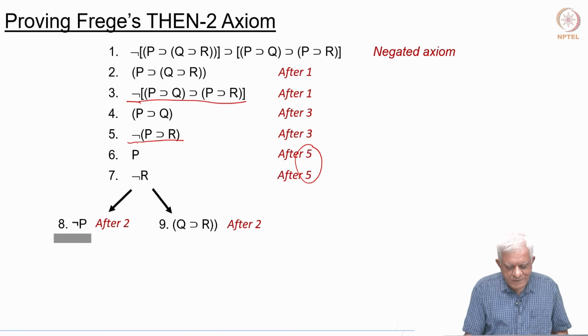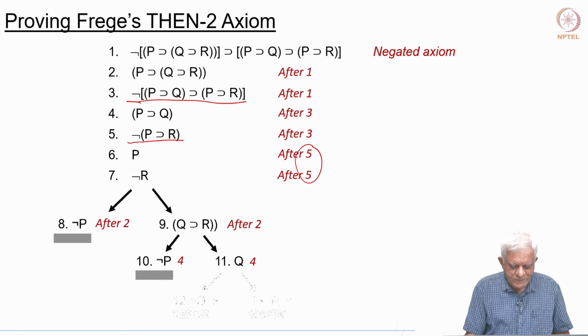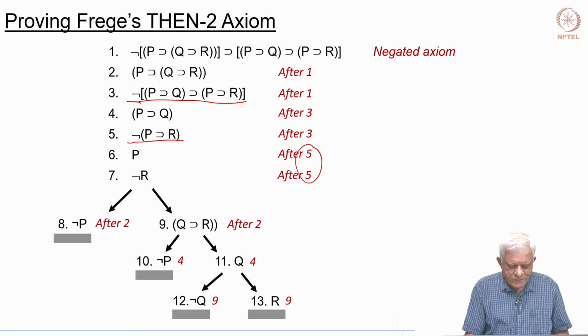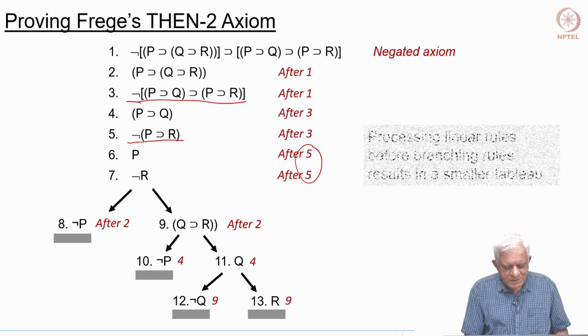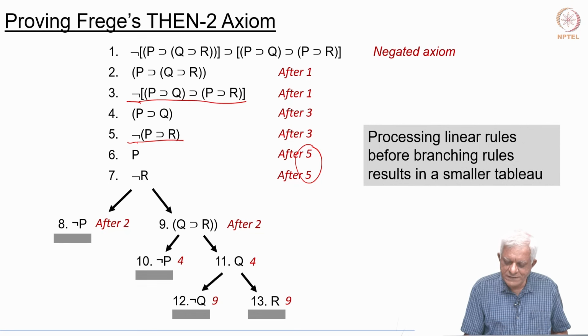Now, of course, you have to end up using branching again, but you can see that things will close down much faster. So, here we have used the second sentence finally, and then we have used the sentence 4, and then we have used the sentence 9, and then we have finally come up with this